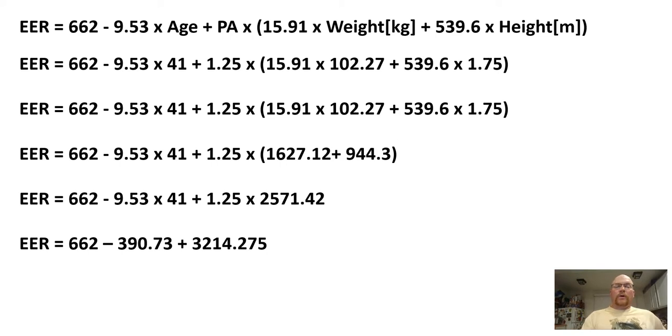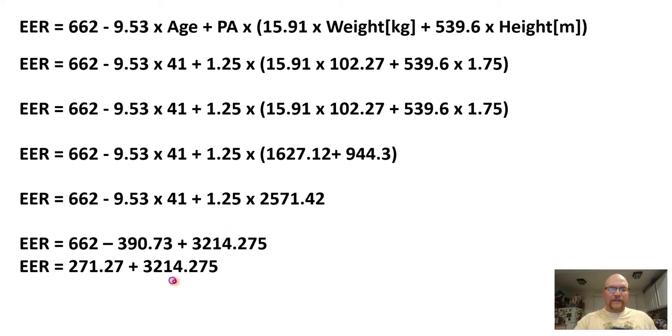Now again, working left to right. You do not want to add these together first. Don't do the addition first. We need to work left to right. First thing that comes working left to right is a subtraction. So let's go ahead and do that, and then we'll talk about what really could happen if you did that backwards. So 662 minus 390.73 gives you 271.27 plus the rest of what we had, 3214.275. Do that addition, and that gives you